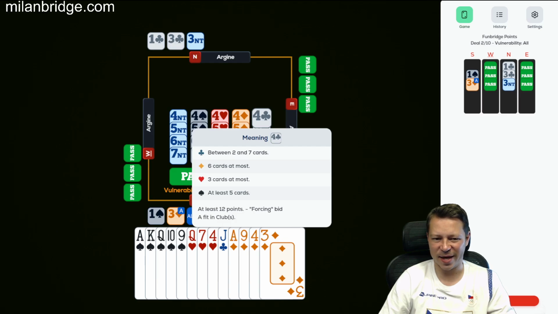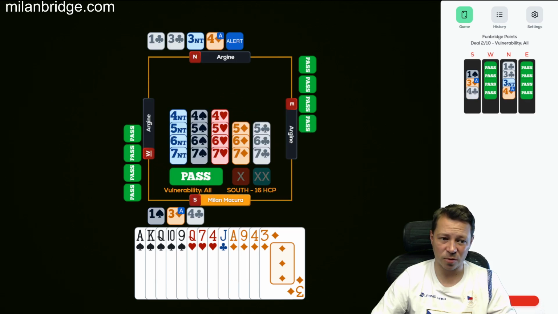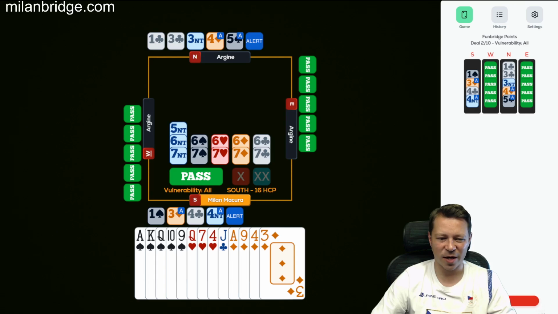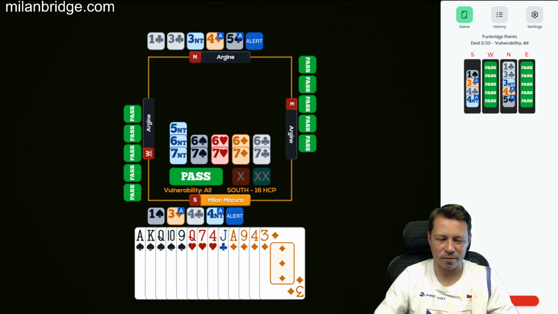If partner has like ace queen, ace of hearts, that's only 10 high card points, he must have something else. So I'll bid 4 clubs and I hope for 4 diamonds control. Now I can ask for key cards in clubs, and partner has 2 plus queen. So now the question is if 4 diamonds is a shortness or if it is a king. If it is shortness, we should play 6 clubs. If it is a king,